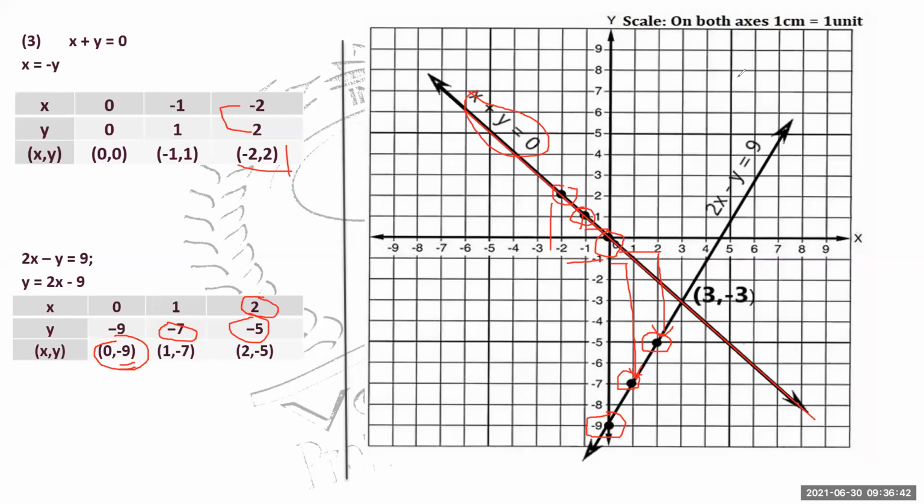Now simply join these points with a straight line. Now check these lines. They intersect at one point. That point is 3, comma minus 3. Check: 3 places right, towards the positive side, and 3 places down. Understood? This is the answer. The point of intersection of the two lines is 3, comma minus 3, and this is the solution set of the equations. Is this clear to all the students?